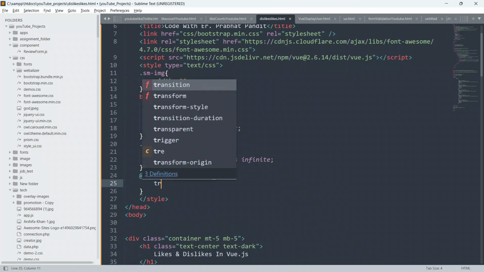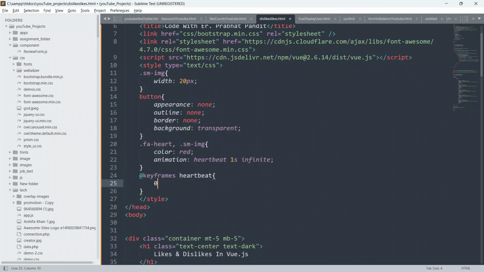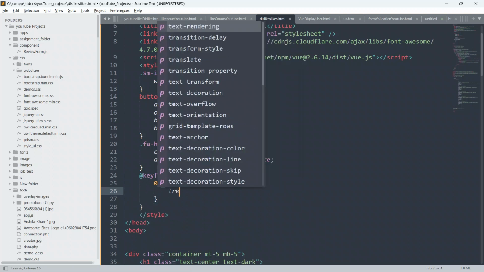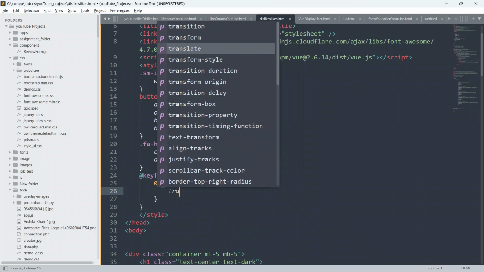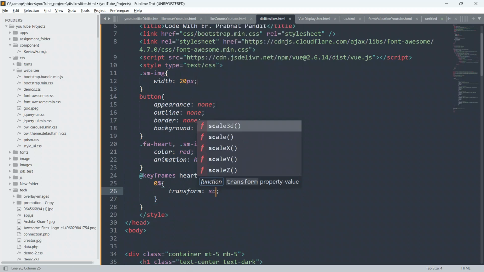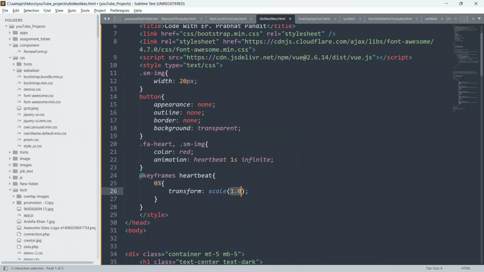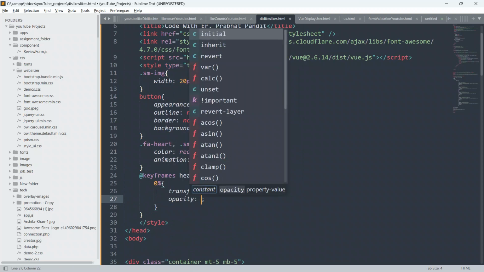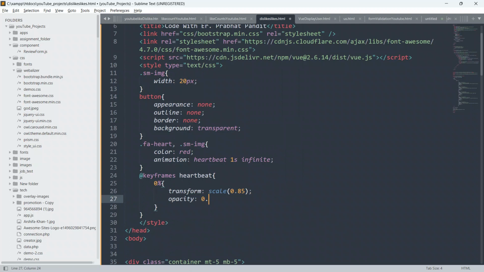So for 0%, I will say transform scale only, and I will say 0.85. I will also give opacity 0.7.